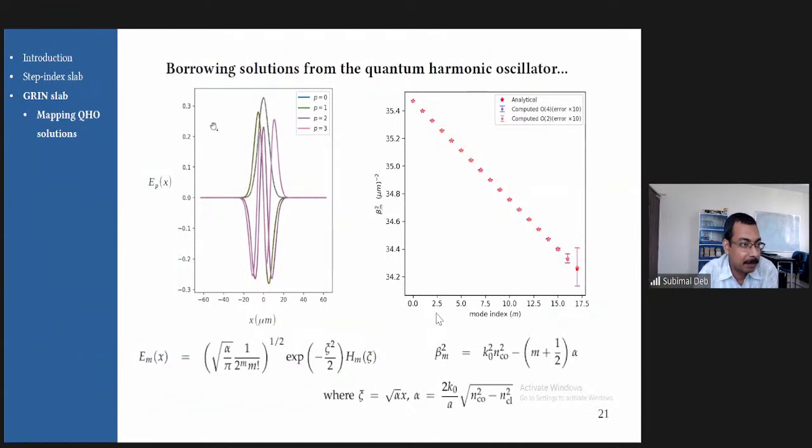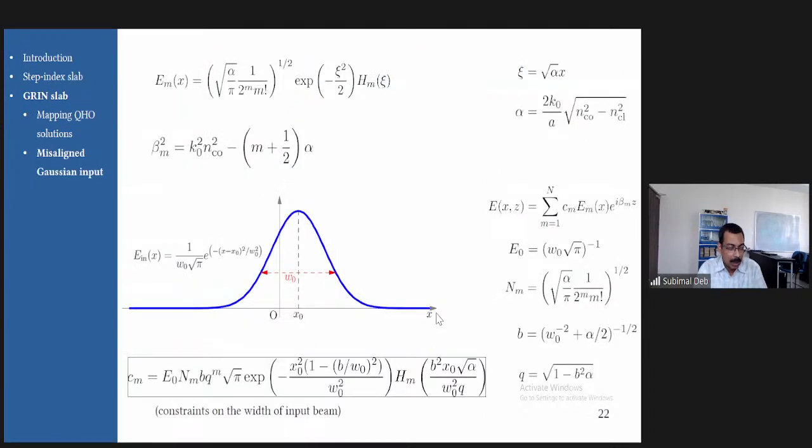The field profiles I have plotted on the left are the eigenmodes from the analytical expression, and on top of that, you have the field profiles from the finite difference scheme, and one cannot see any visible difference between them. So both the analytical solutions and the finite difference schemes tally quite well. And so for the rest of our analysis, we will be using the analytical